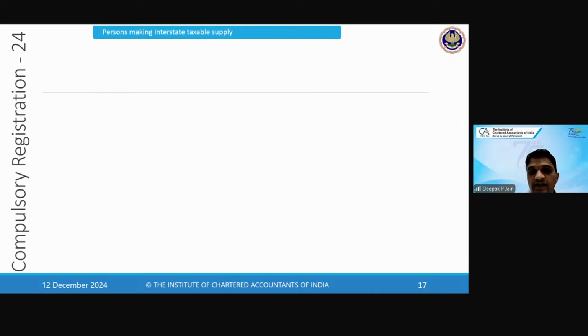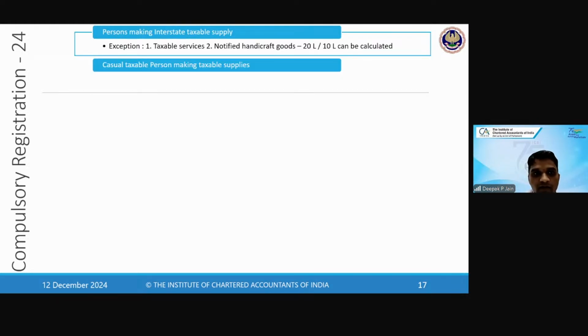Okay. Now, compulsory registration: a person making interstate taxable supply. The exception is taxable services. A person who is making taxable services can do interstate supply without registering, but a person making taxable interstate supply of goods will have to take compulsory registration. Then notified handicraft goods, there also